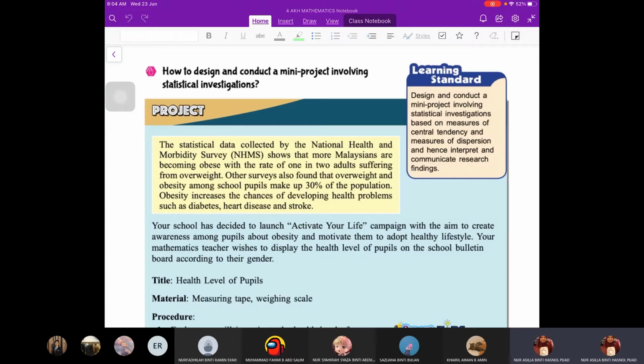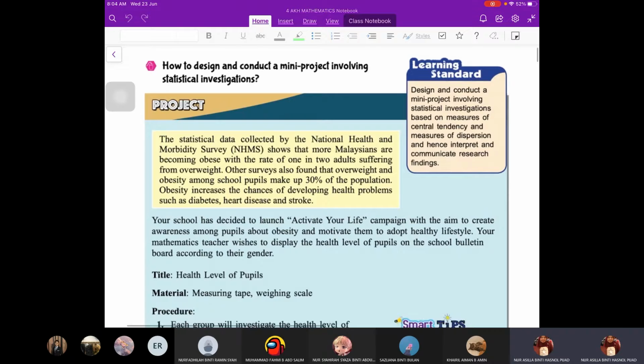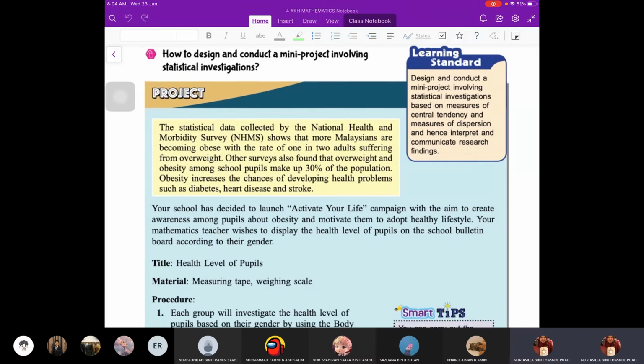In Form 4, you have learned. In Form 5, you have learned also in Form 1. And then ada juga beberapa in lower form. Okay. So whatever it is towards this kind of statistical investigation. Okay. Alright, so learning standard yang terakhir for your Form 5, design and conduct a mini project, so just a